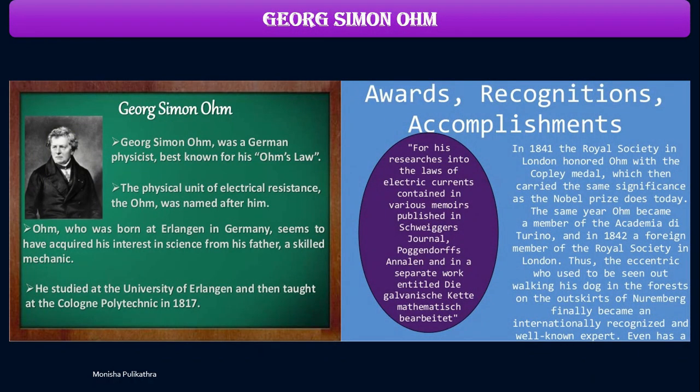So we need to know why the resistance SI unit is ohm. The name ohm comes from George Simon Ohm. In order to honor him, the SI unit of resistance is taken as ohm. Then who is George Simon Ohm? You have to know him.